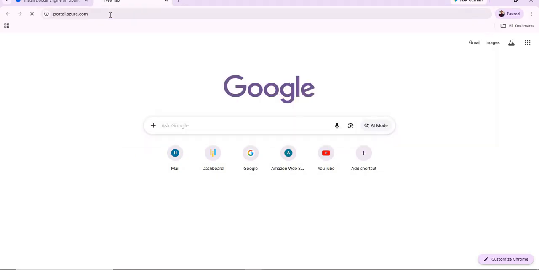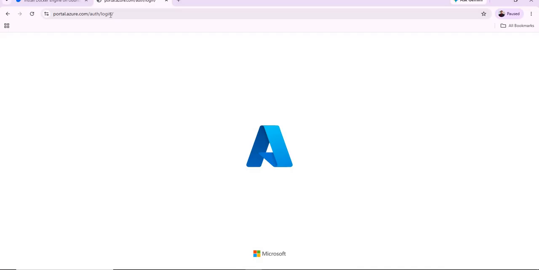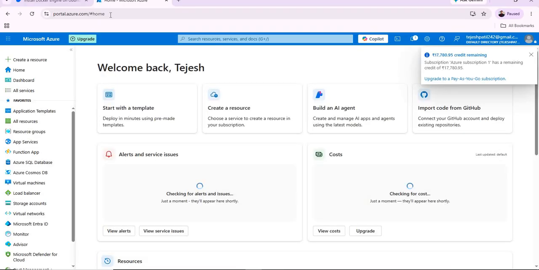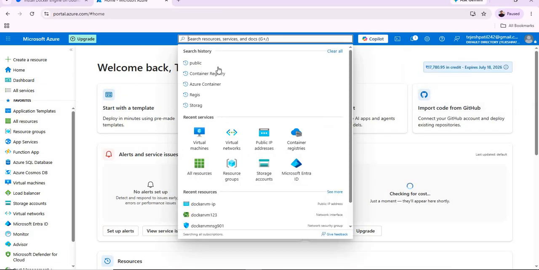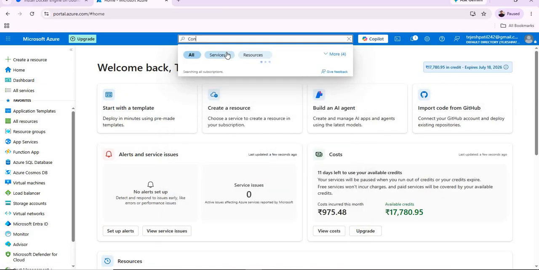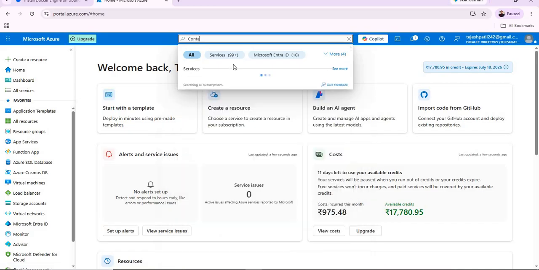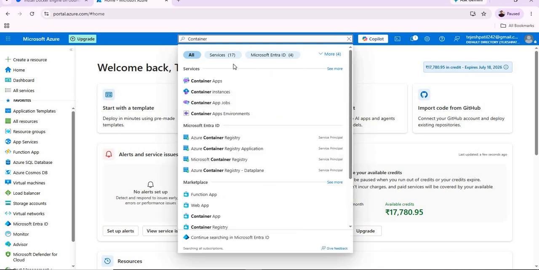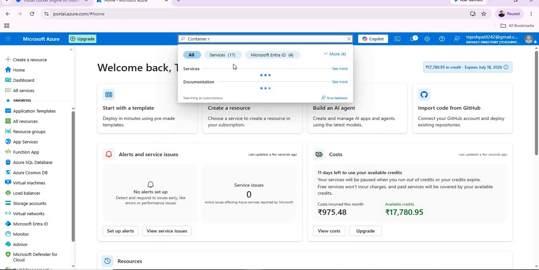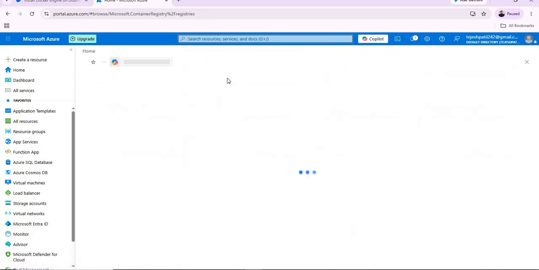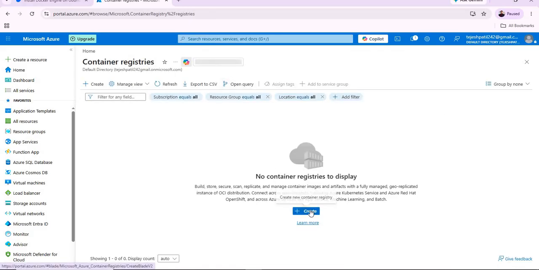Go to the portal. Here you need to search for Container Registry. Here you need to create,